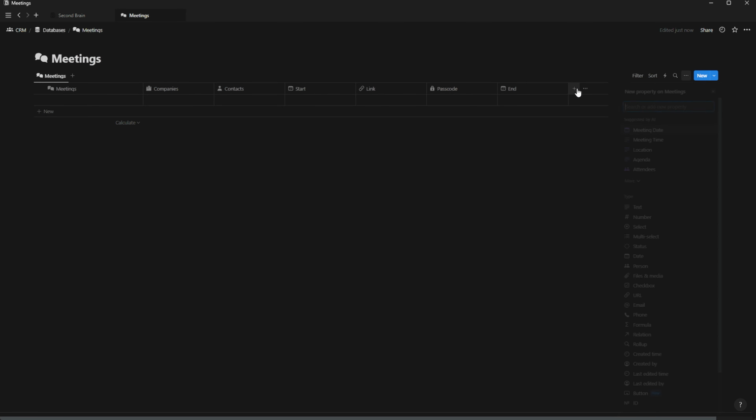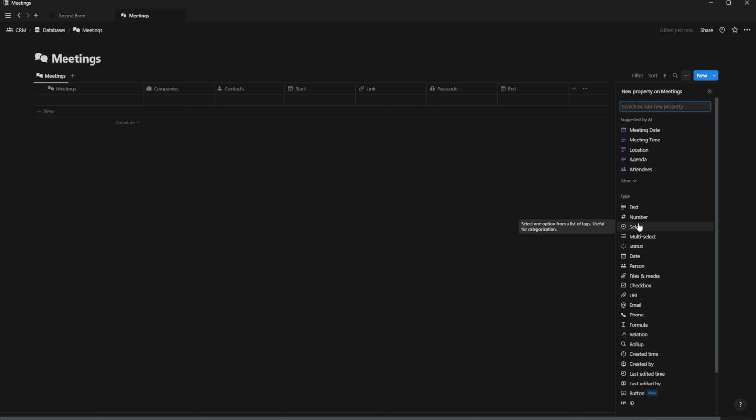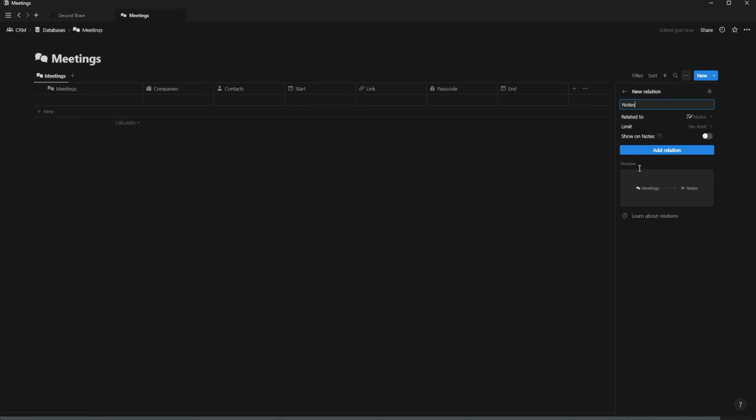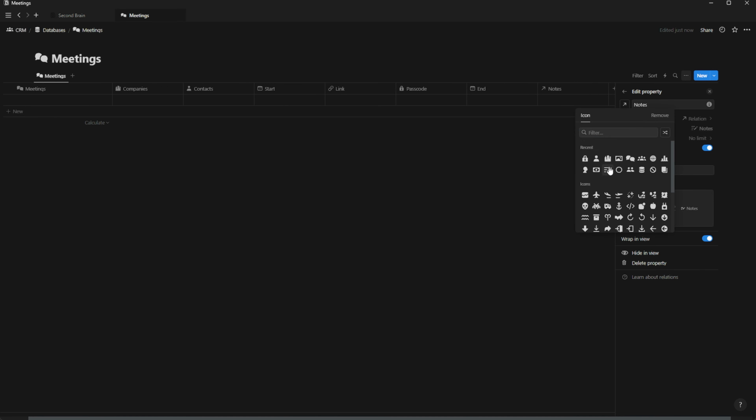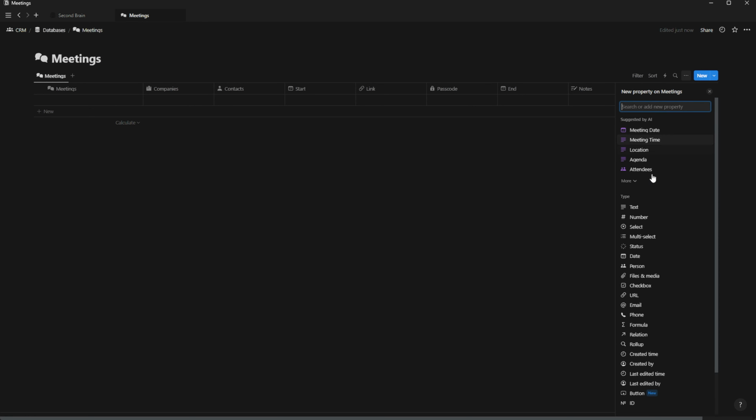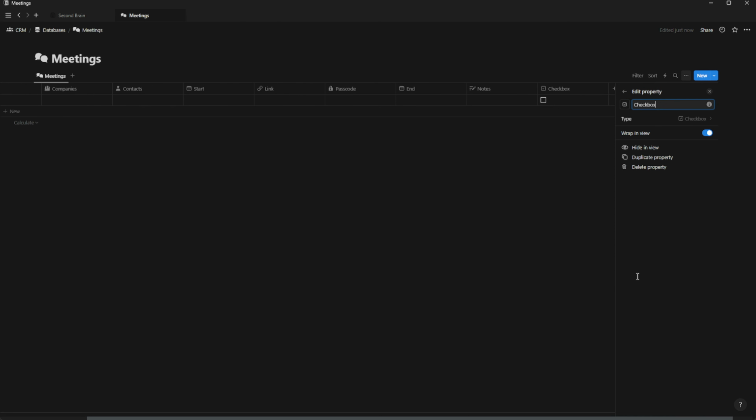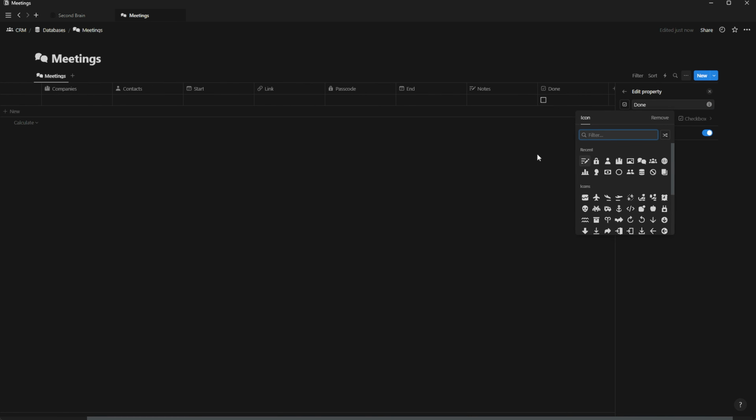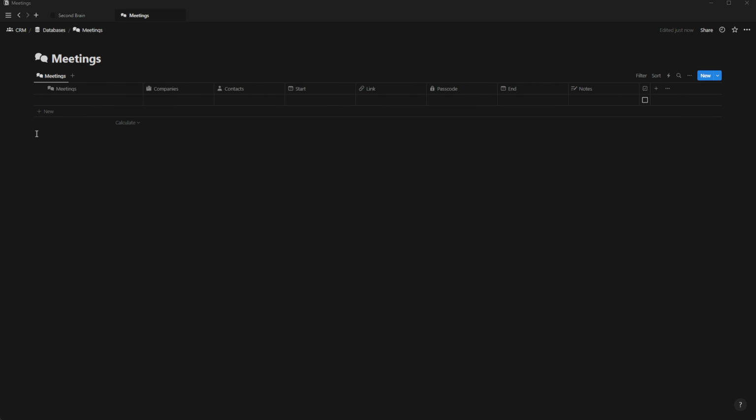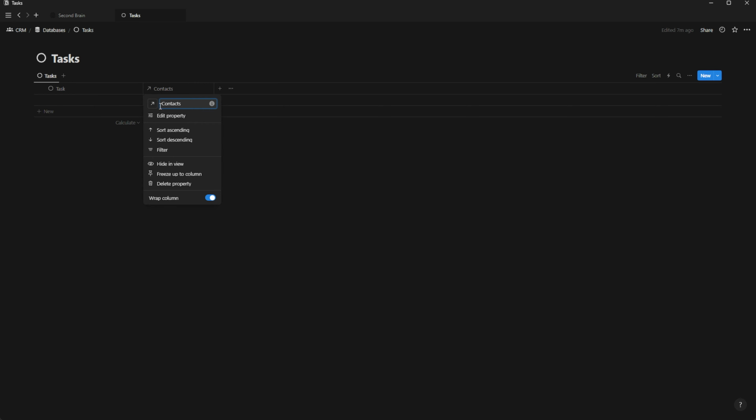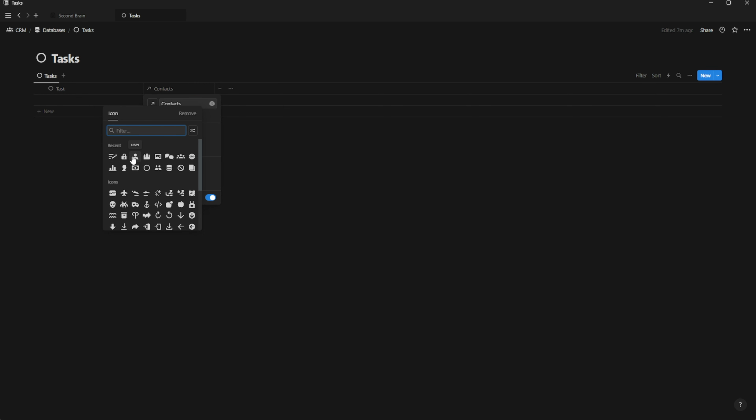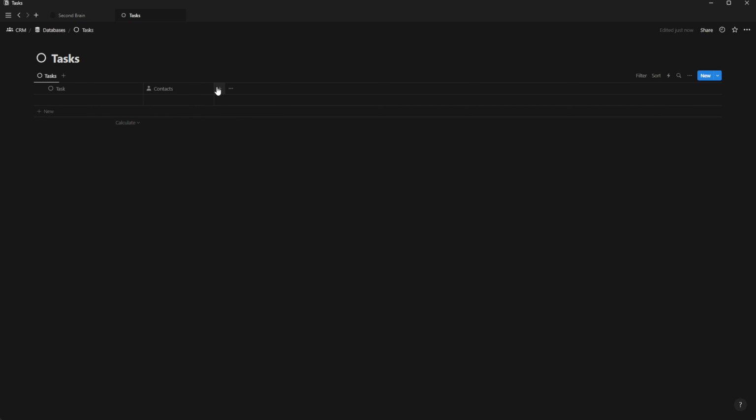We need a relation to our notes, the notes for that meeting. And finally, we need a checkbox. I can find it. Checkbox for when we are done with that meeting. Now let's go to our task database, and as always, icon. Okay, and for our tasks,